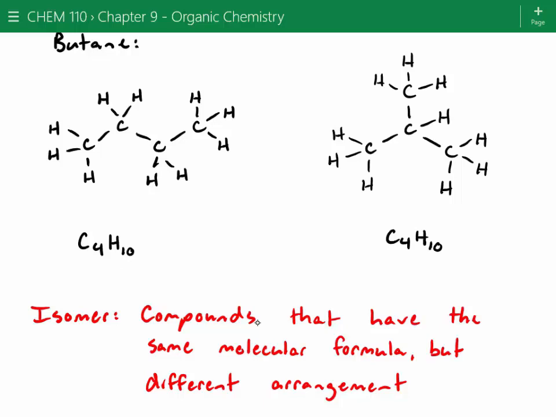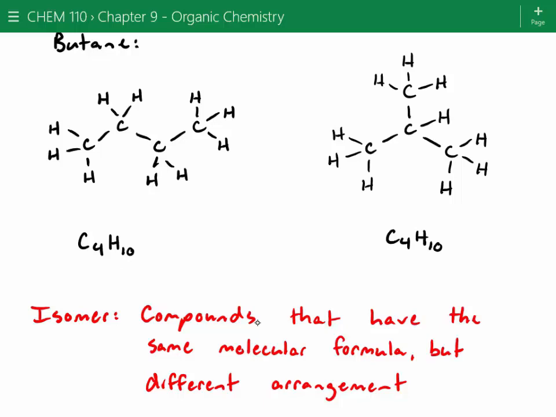Our hands look the same, but you wouldn't want your hand swapped out with a hand that belonged to the opposite hand, right? And this is how drugs work a lot of times, too. It's the same idea as if you had a key to your house, but it was a mirror image of your key. It wouldn't work for opening your door, right? So oftentimes this is a big deal with drug making, is you want to make sure that the drug you make is connected in the perfect shape that you want it to be, because if it's in the wrong shape, it actually will start messing up some other enzymes in your body.